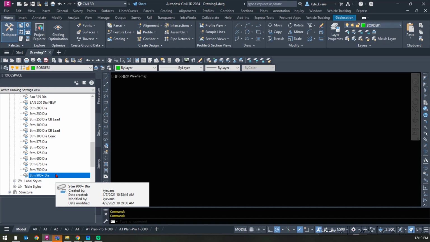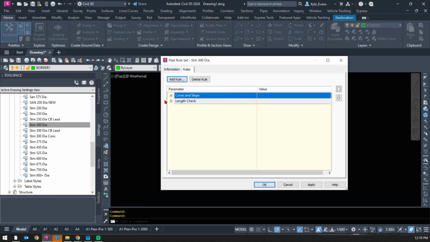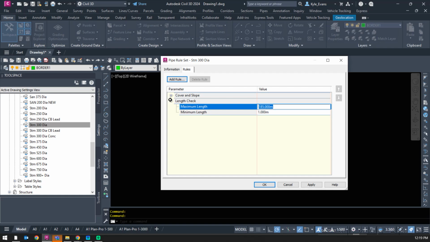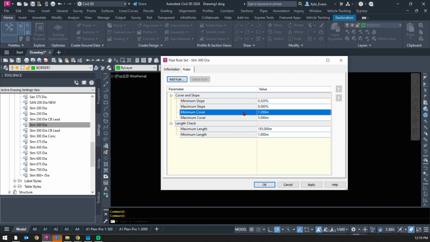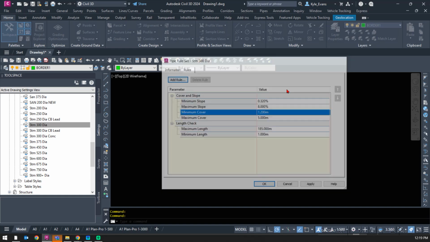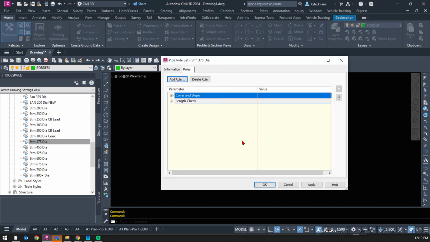Each one of these rules is built off that table. So if I look at Storm 300, length check, 185. Cover and slope, 300 diameter storm pipe is 0.32. Minimum cover, 1.2. So this is set up for a 300 diameter storm. 375,